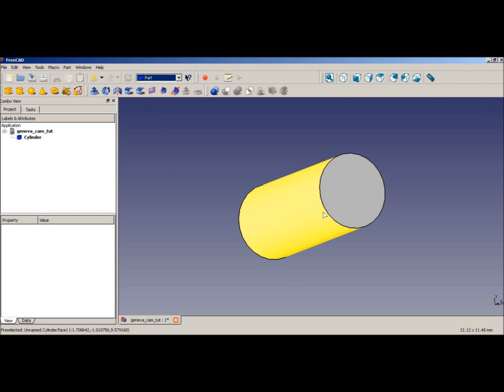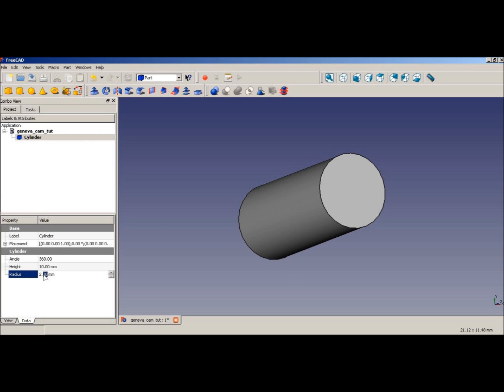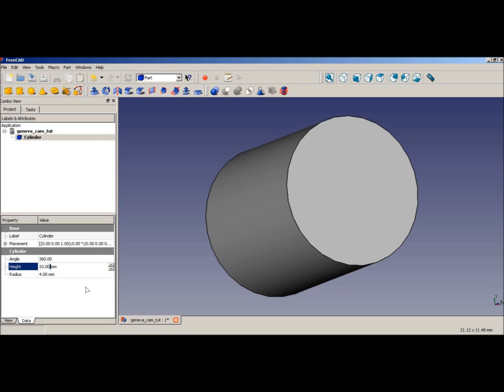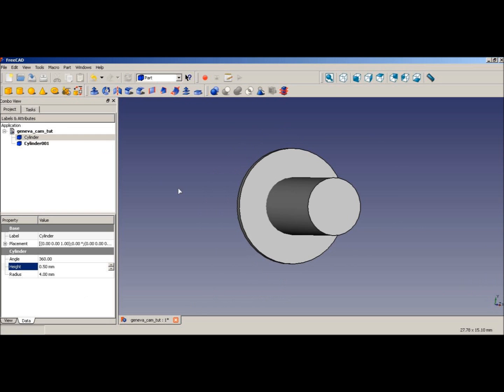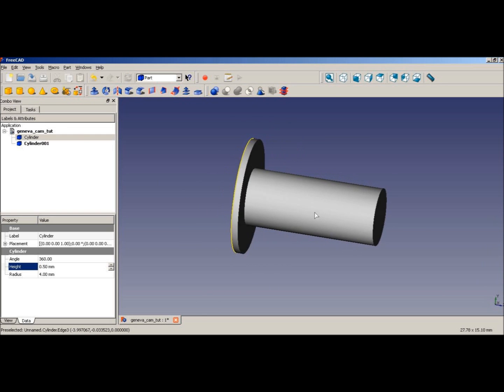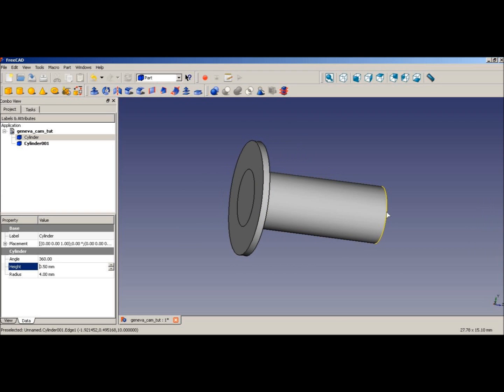The outside radius of the cylinder is going to be 4 millimeters, and the height is going to be 0.5 millimeter. Alright, that's all set. Next we'll make another cylinder, still in the Part workspace, and this one will have a height